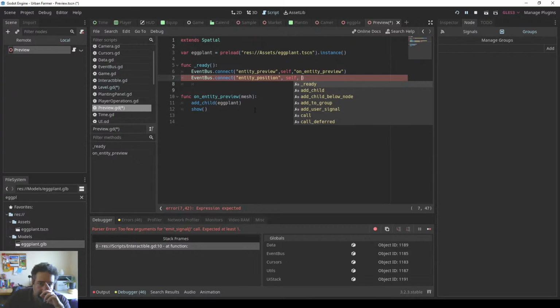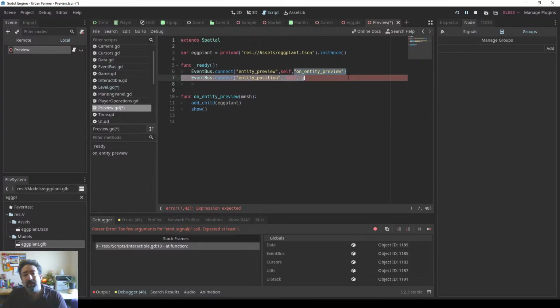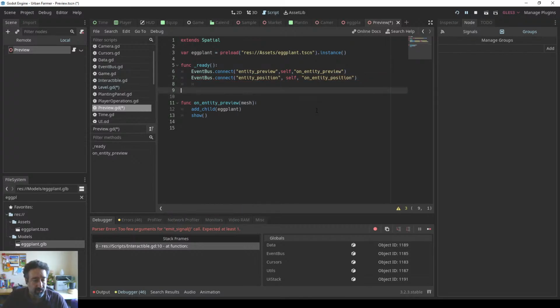So we need something entity. This is where I was debating, maybe not the most resource efficient way of doing it,